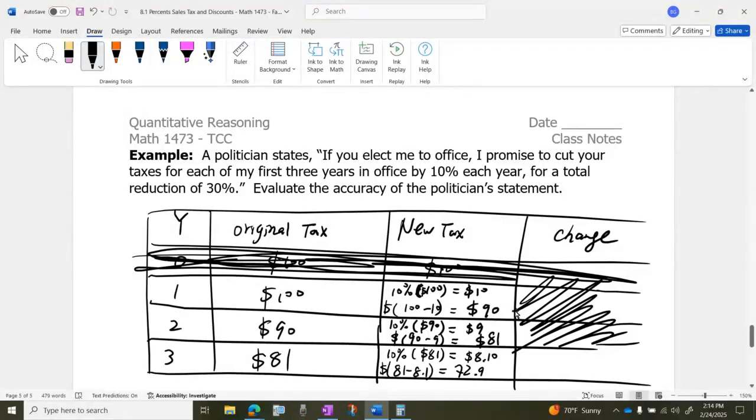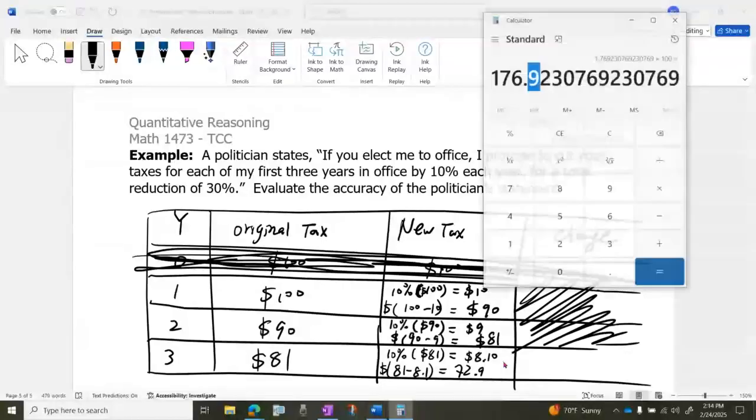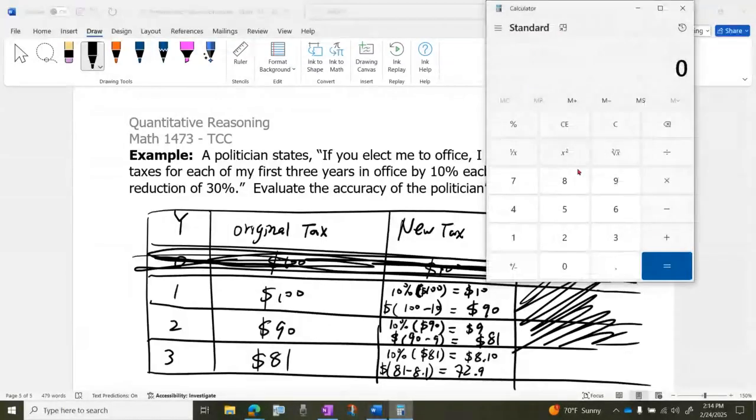72.9. Yep. 81 minus 81. Oh, hold on. 81 minus 8.1. 72.9. Yeah, that's correct. So,